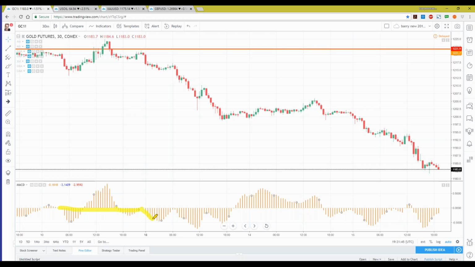every time it crosses over, it's either generating a buy or sell signal. Here it crossed over and down. It gave us a sell signal. Here it crossed over and moved up. It gave us a buy signal. The higher the peaks and the troughs are, the more it's giving us a divergence signal, okay, because it's spreading out farther and farther. But we can see exactly here what is happening in the momentum of the downward movement.